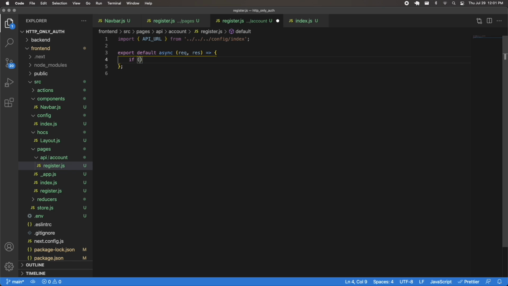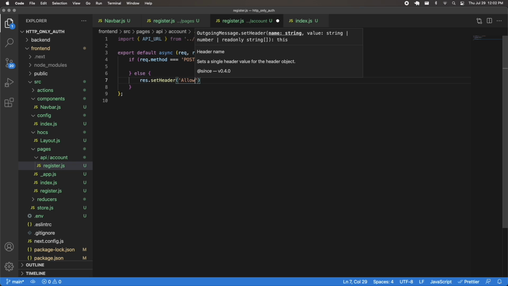Then first I'm going to do an if check, where I check if request.method is post, because I want this to be a post request that's sent to this Next.js API from my client. And if that's not the case, I'm going to do response.setHeader, allow, post,